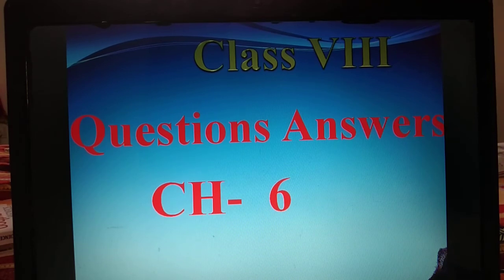Question number 16, the if and if statement. This question is having some problem, student. This question is not right, so I am going to leave question number 16. Question 17: what will be the output of the following code fragment? If you put 2000, the year will be a leap year. If you put 1900, the year will not be a leap year. If you put 2018, the year will not be a century year. How is it possible? I will tell you by practical when you come to school, students.